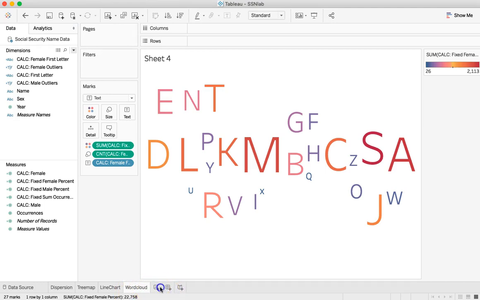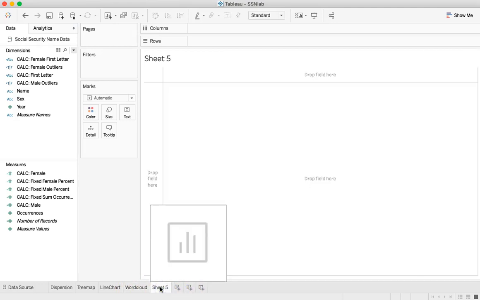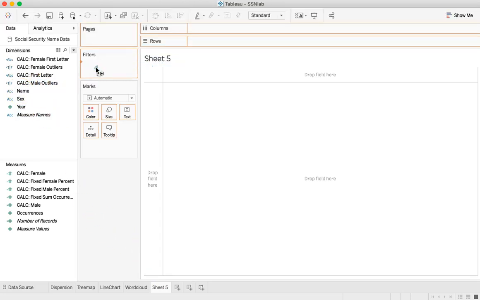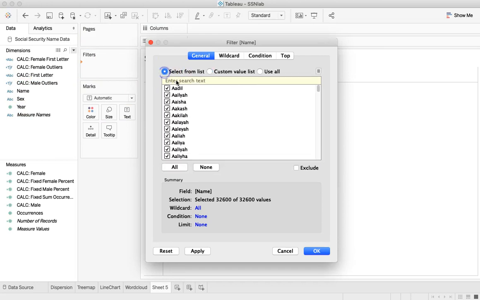All right, we are going to move on and add a new sheet, and this one is going to be our stacked bar chart. All right, so the first thing that I'd like you to do is drag name to the filters and select 5 different names. I'm going to select none first, and then I'm going to select Antonio,